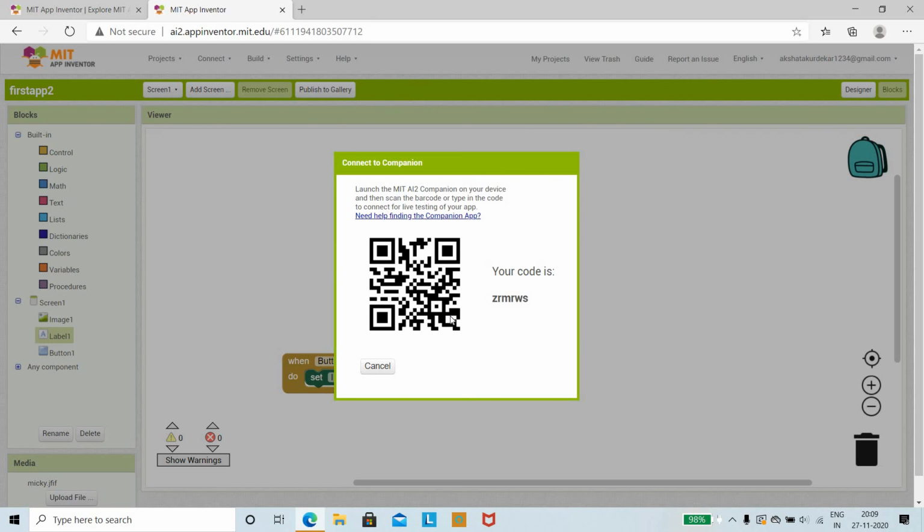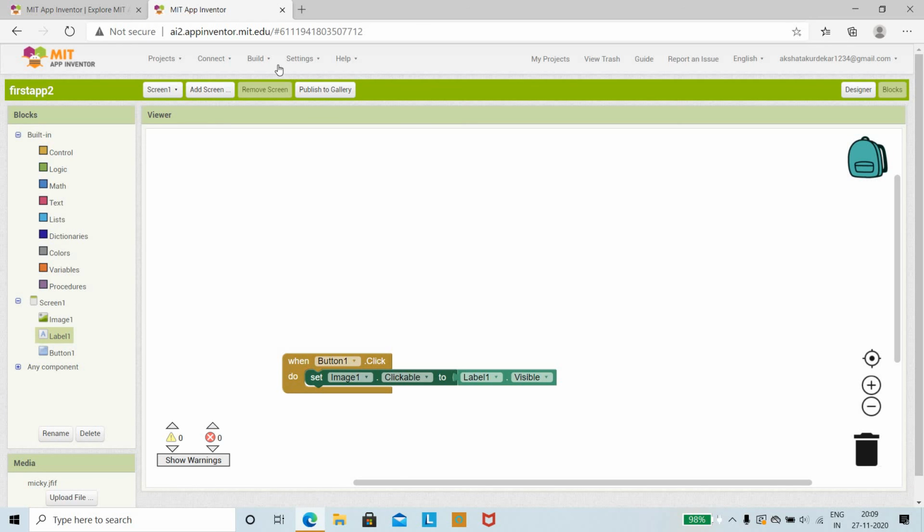So once the QR code is scanned, then you can see the interaction on your phone. Or you can go to the build option and then you can save the .apk to my computer, and then with the help of a USB drive you can share it with your Android phone, and quickly you can also see it. So you can see the interaction with your Android phone.